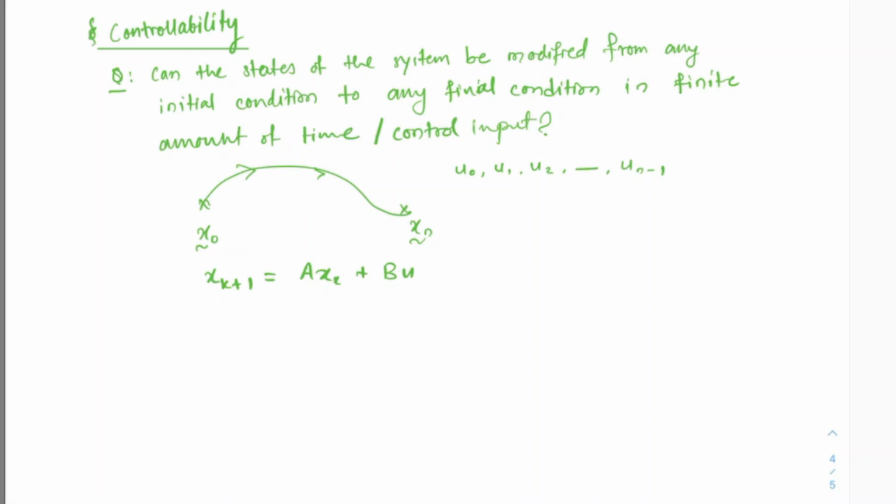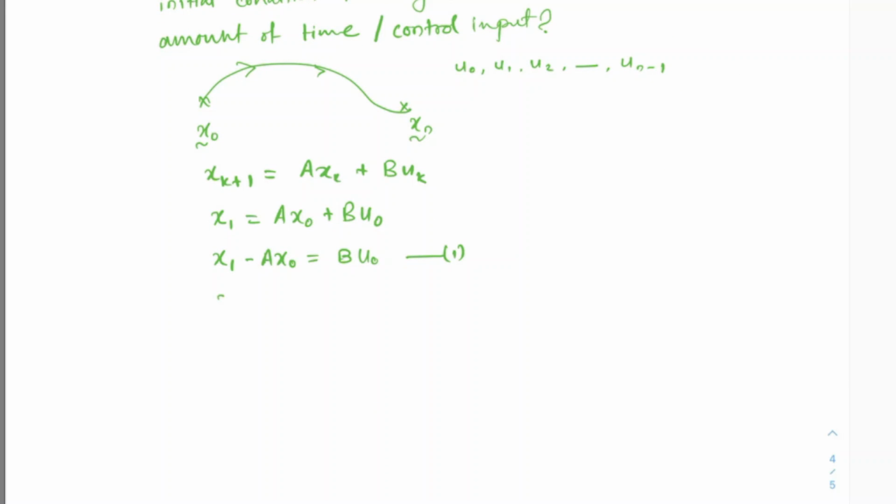x(k+1) = A xk + B uk. Here we are only worried about the xk's. If I write x1 = A x0 + B u0, I can write x1 minus A x0 equals B u0. Let's keep this equation in mind. Now let's write x2 = A x1 + B u1. If I substitute x1 here,